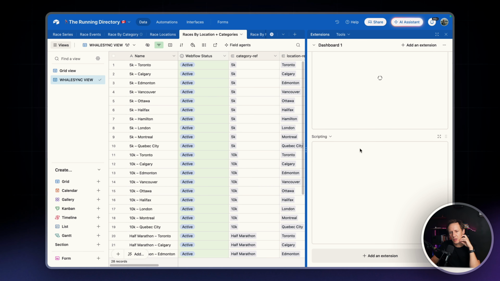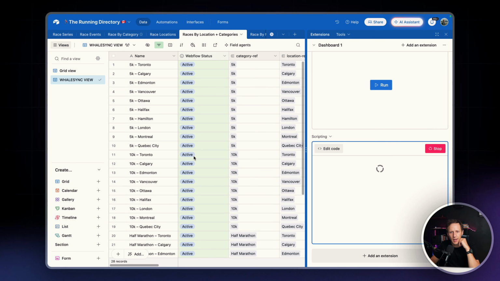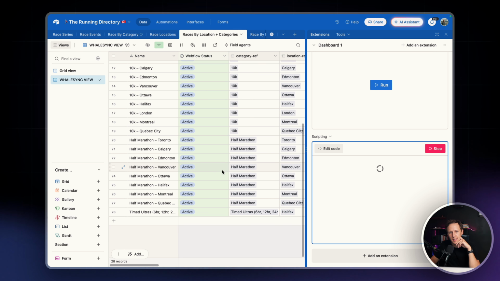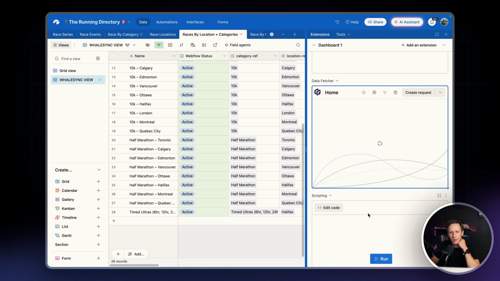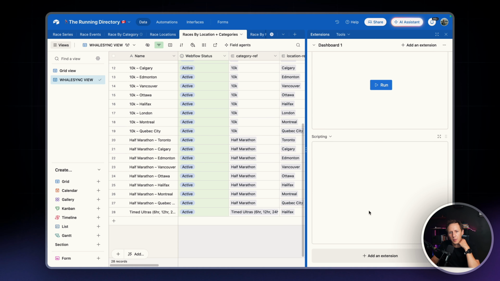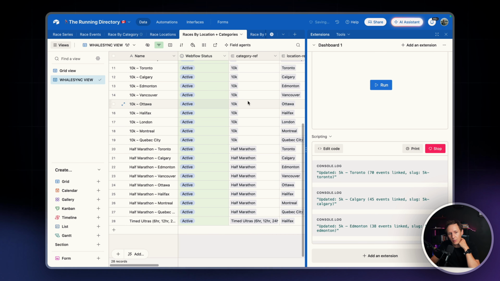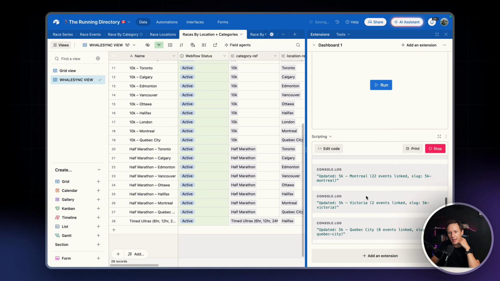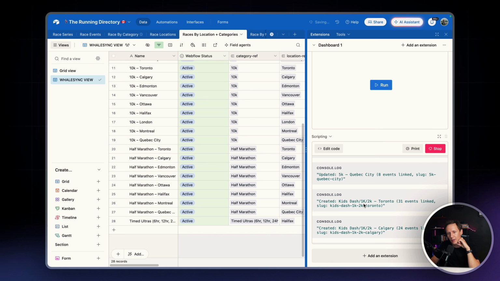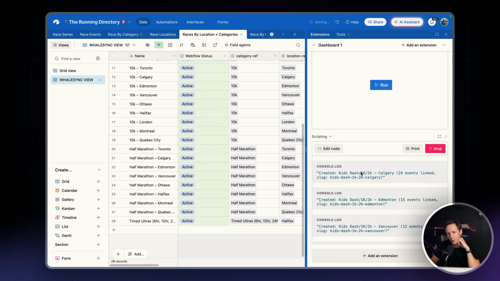And one of the additional things that I added to the script is that it now checks whether or not a particular combination already exists. And if it does, it will just skip it. That way you don't need to worry about accidentally duplicating things. Plus, if it already exists, it will update any new events that were added, which is quite handy. You can now see it's going to go through there and create new combinations if needed. For example, all these like